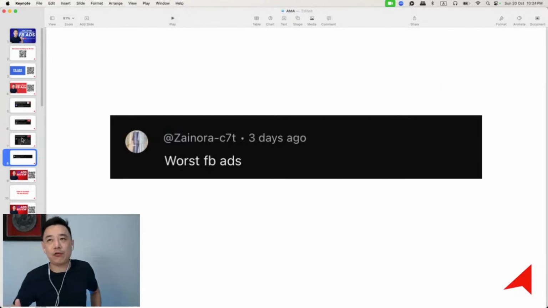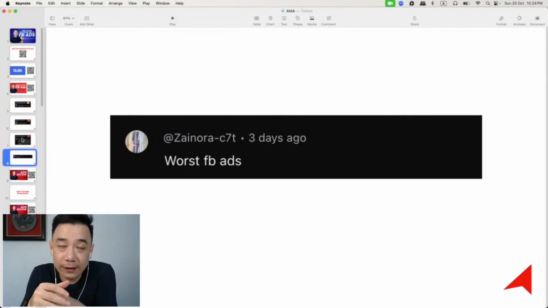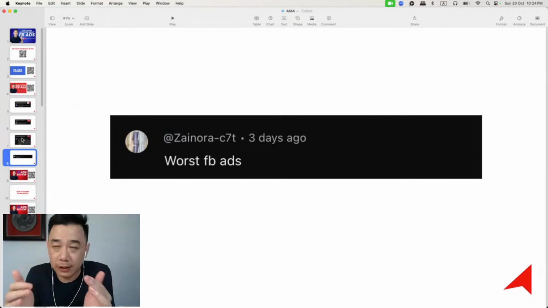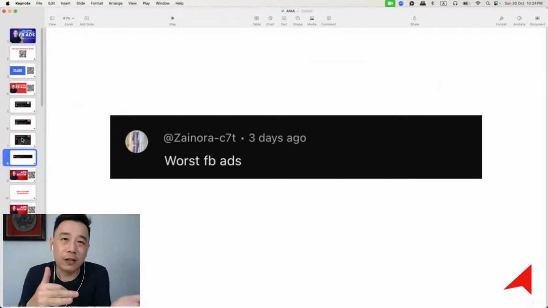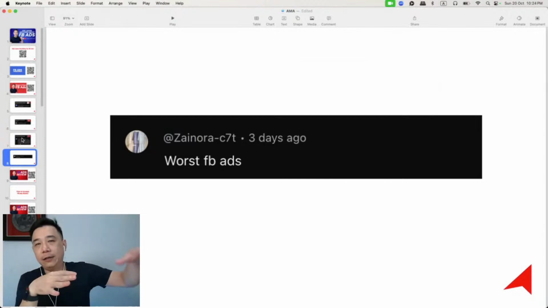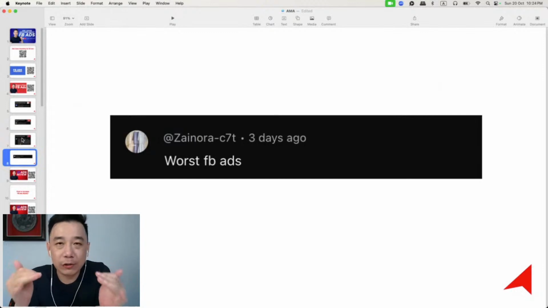Now, the second thing you can track here is whether it is your creative that is affecting performance. So go into the CTR all and CTR link click in the metrics. Basically, you'll be able to determine whether your ad creative is working or not. Our benchmark CTR all is 2%, CTR link click is 1%. If you are way below, say your CTR all is 0.5 and your CTR link click is 0.2, then you know, okay, I think you need to test different creative.